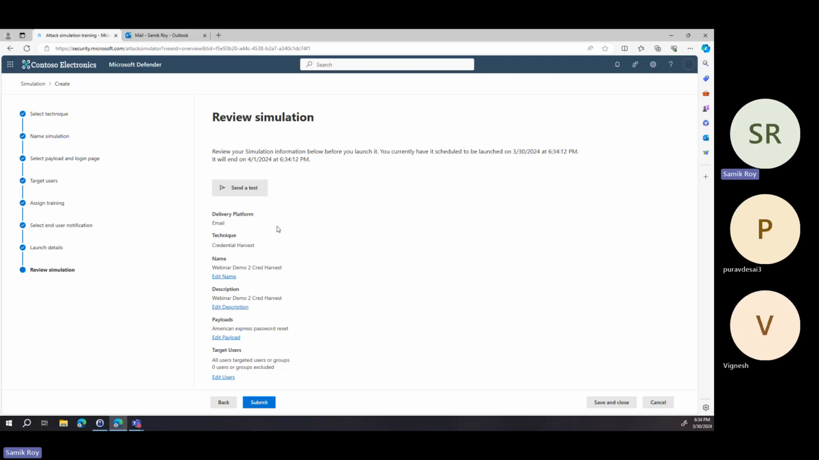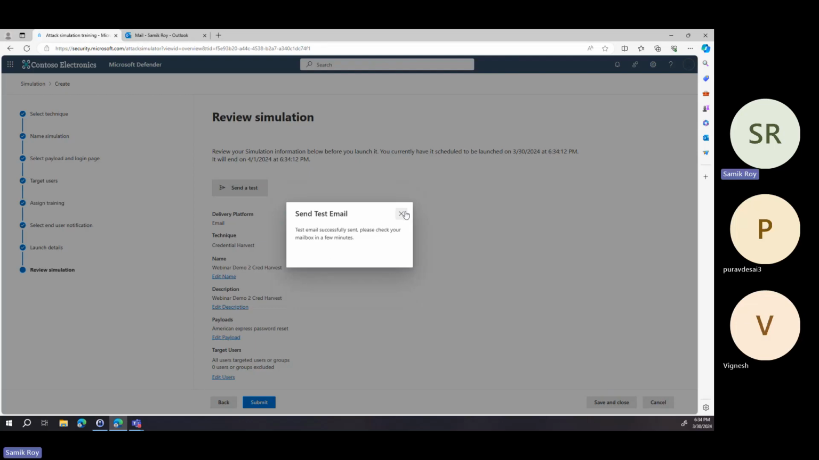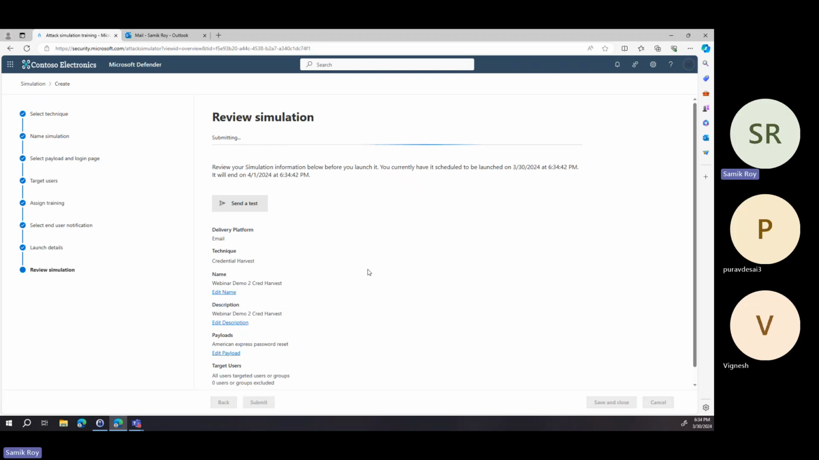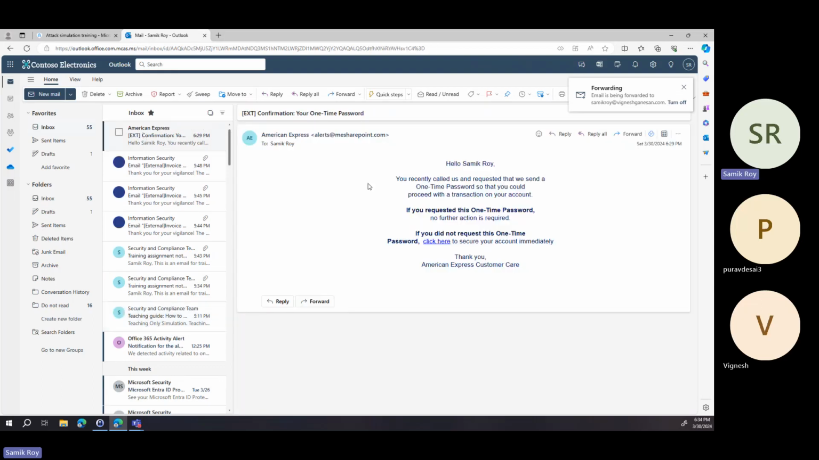And if you still want to do a cross check, you just send a test, and it says that it'll be sending a test to the logged in user. So I say confirm, right? And it is being sent. So let me hit submit and give this tool time to configure it. In the meantime, we'll go to our email, and you can see how that looks. So it says that you recently called us, basically this is a standard phishing email, right? And it comes from